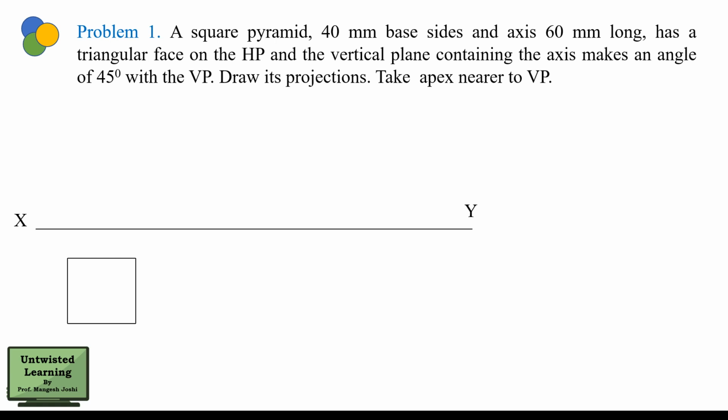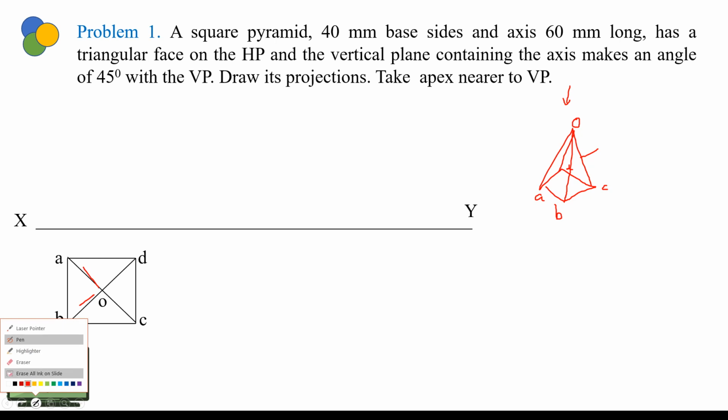Then again in this case you have two options. First of all we will draw this case ABCD and O. And remember, while drawing these pyramids, suppose you have a square pyramid. So these are the edges of the solids. This is point O and this is ABCD. So these edges will also have to be dark. If you observe from the top direction, this OD, OC, OB and OA, you have to draw it dark.